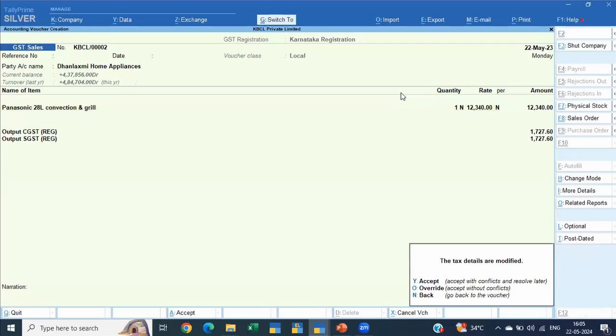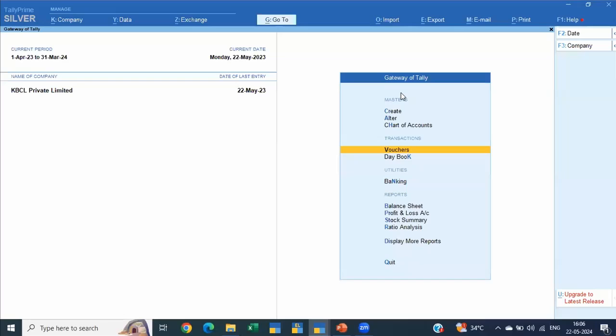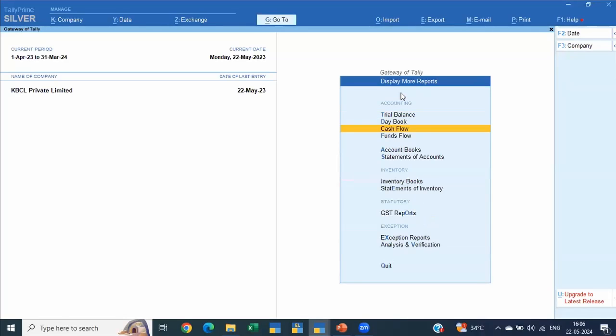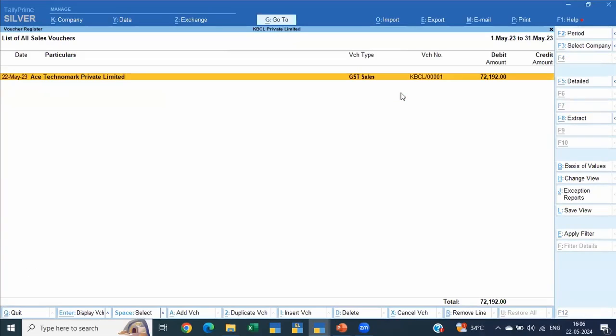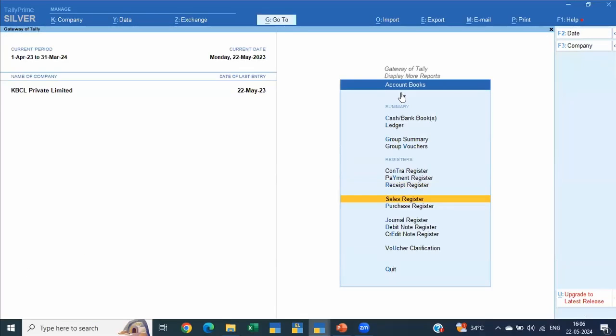Okay, and the moment you select again, it will throw an error message because the party's place of supply and the tax is not matching. But the more you go further and you automate it as much, the further you'll be able to even eliminate these particular instances. Now, finally, I was talking about saved views. I'm quickly just going to take you to the sales summary. Okay, sales register. Say this is the sales register for this month. I'll go to another month.